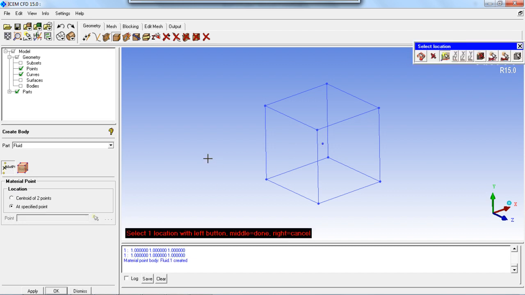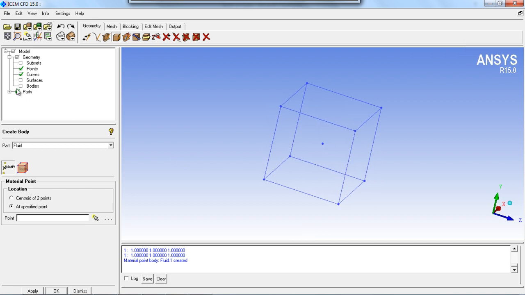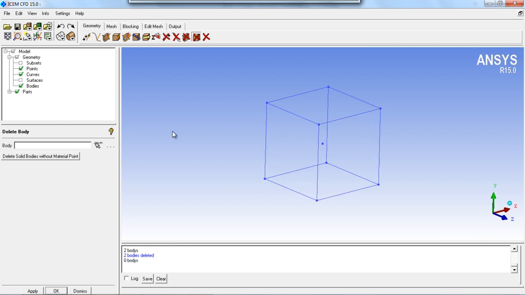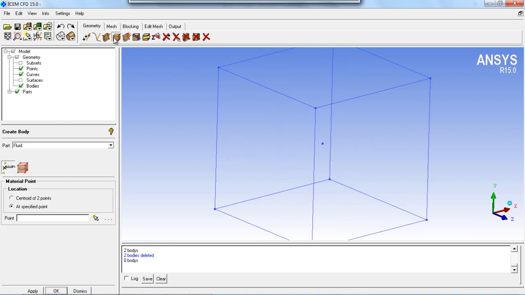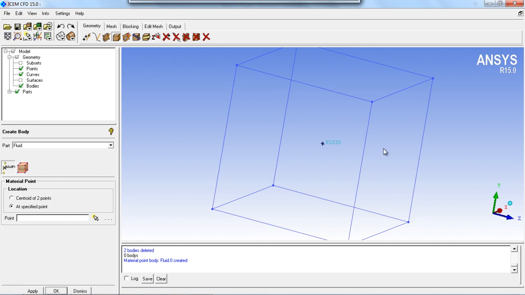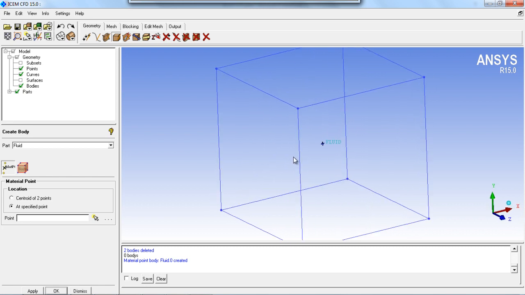Just click on this point. Before that, delete all these body points so that you can visualize them easily. Then again go to the body panel and create the point, and you will have the material point over here.